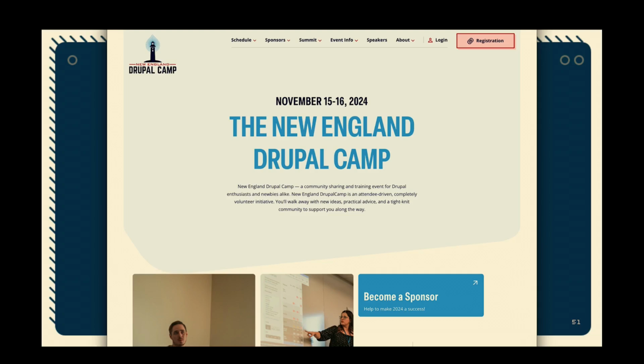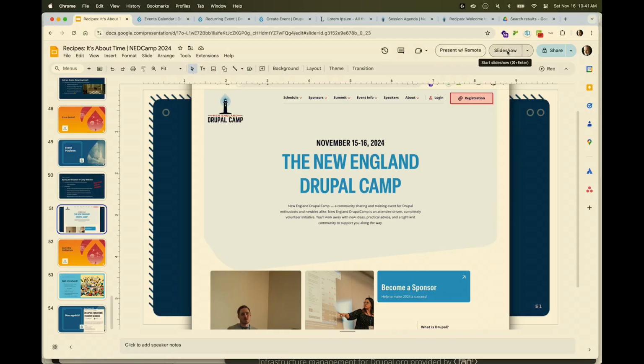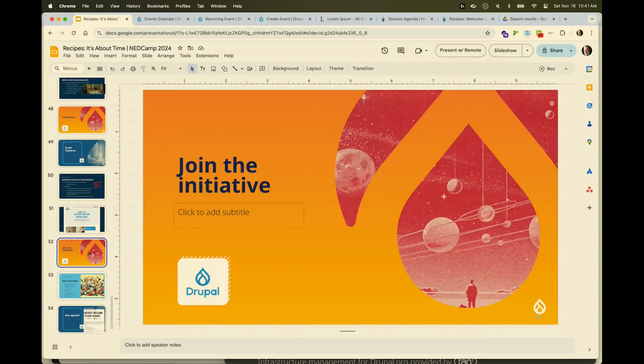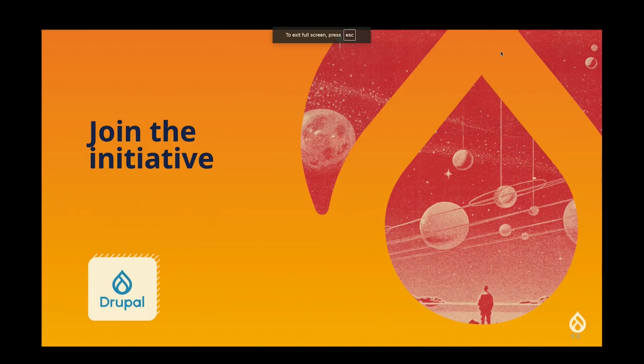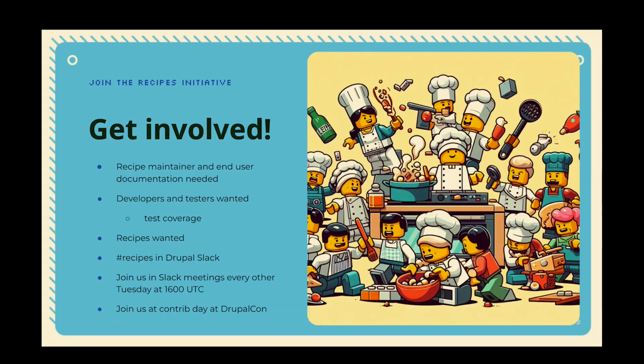And probably everybody here is familiar with or has used a site based on the event platform, because the New England Drupal Camp website is using that as well. So the last thing here is to talk about, hopefully some of you are so inspired by what we've talked about that you're ready to join the initiative and start helping out. So anybody who wants to help,